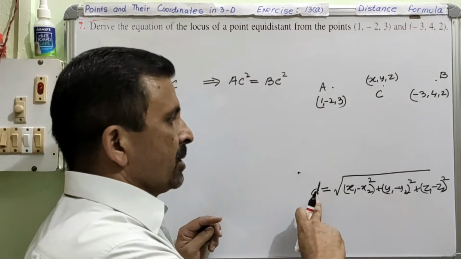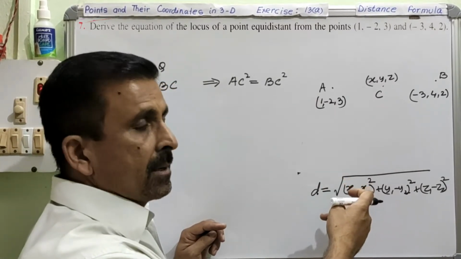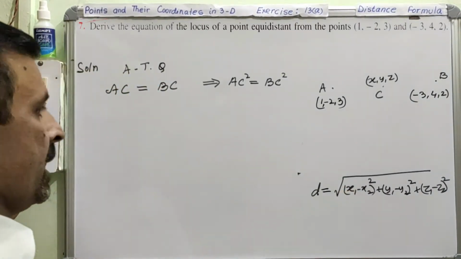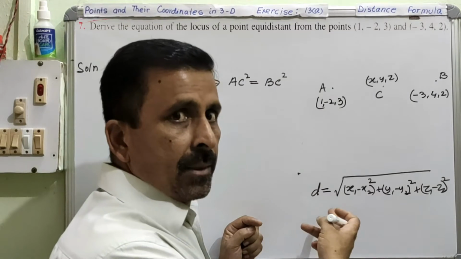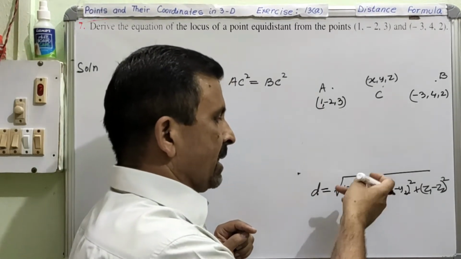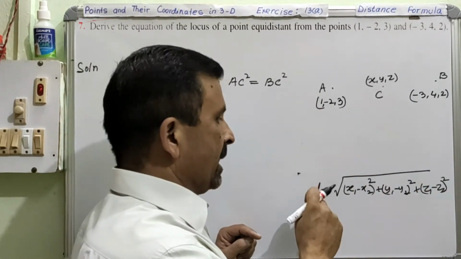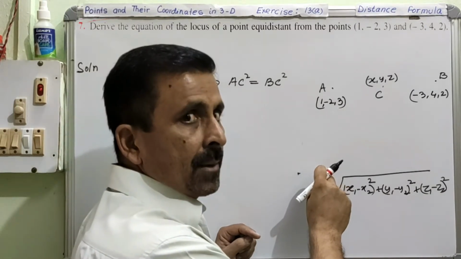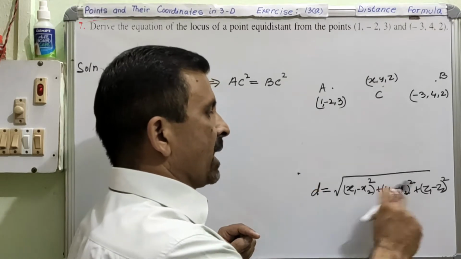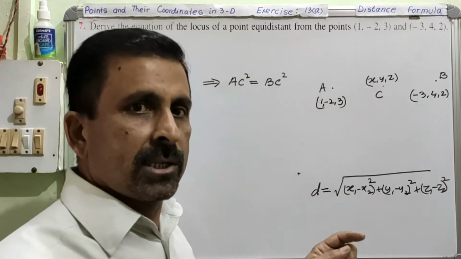Clear? So if I square on both sides, right, this distance can also be expressed in terms of square. So if we square on both sides, then on the right hand side this square root sign will be cancelled, and then B will appear as square. Is it okay? So this is the advantage of squaring, because if you square this equation, then this root sign disappears, and when the root is gone, then the calculation becomes easier for you.